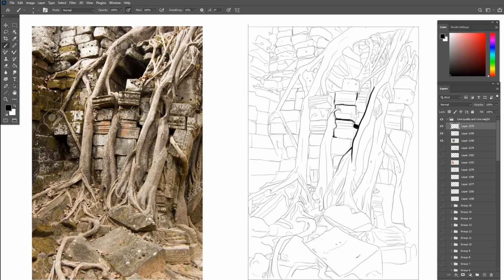Next I add the cast shadow between the tiles and the overlapping shadows between the roots and the tiles. I'm taking my time here and going very slow. I'm trying to convey these photo details in line art. It's not the same without values and colors, so you have to be very precise and very careful where you put your lines. Take your time and enjoy the process, and never rush these things at all. It will look much better when you take your time drawing it.